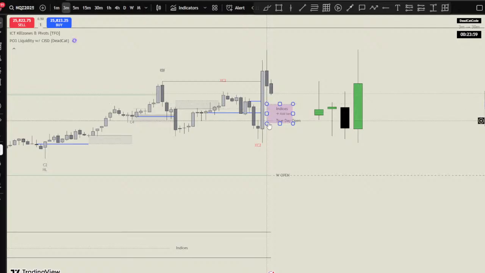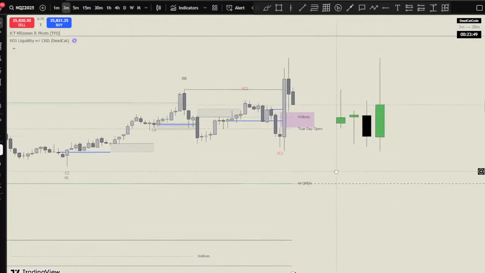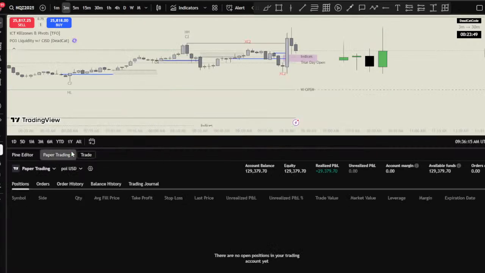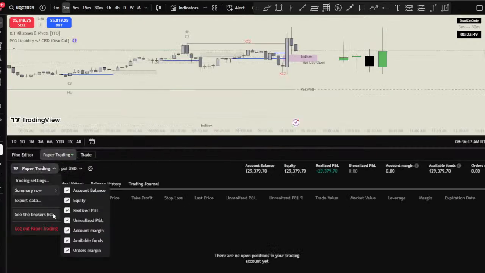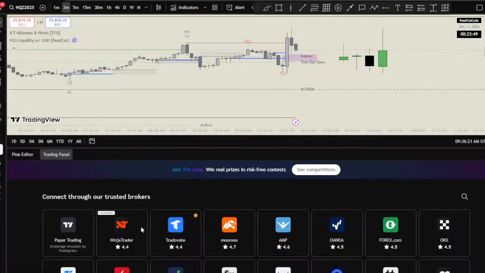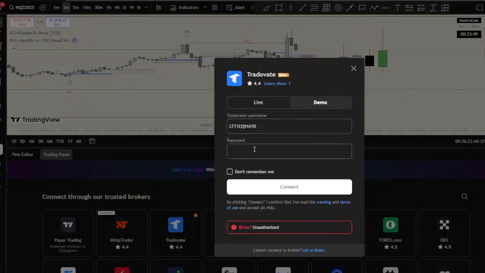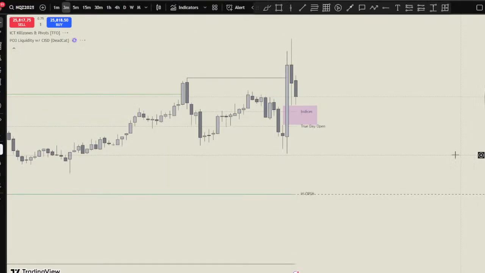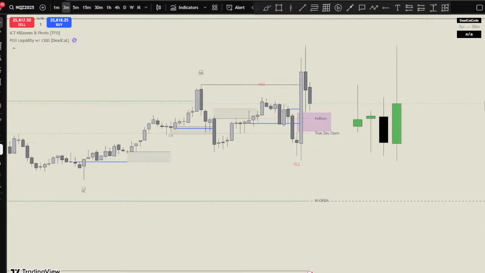I like this 3 minute, maybe a little more. So we'll continue watching there for that 3 minute. And if we do get it, it would have to look something like where I can log into my Lucid Trading account. We'll see if we